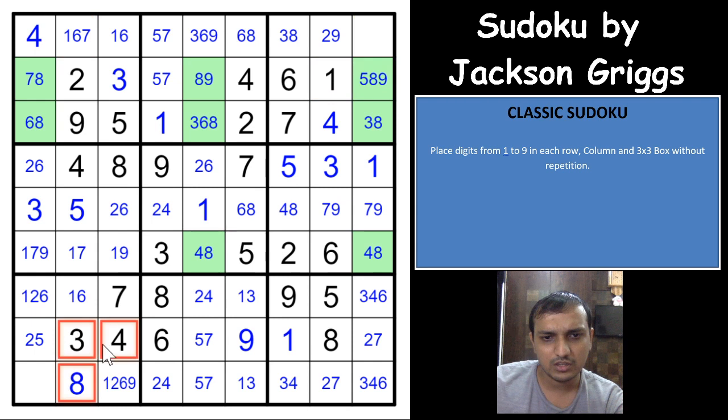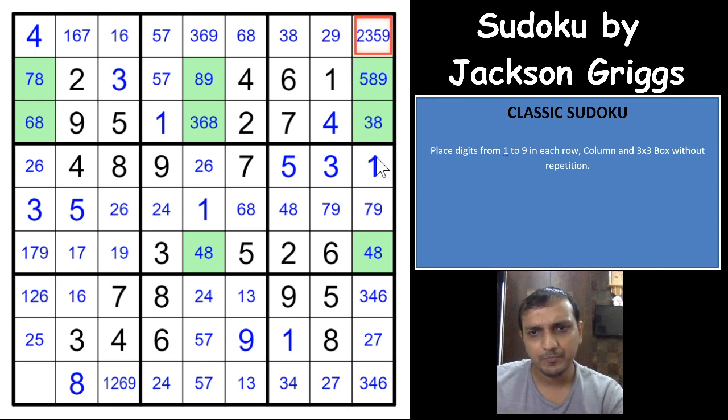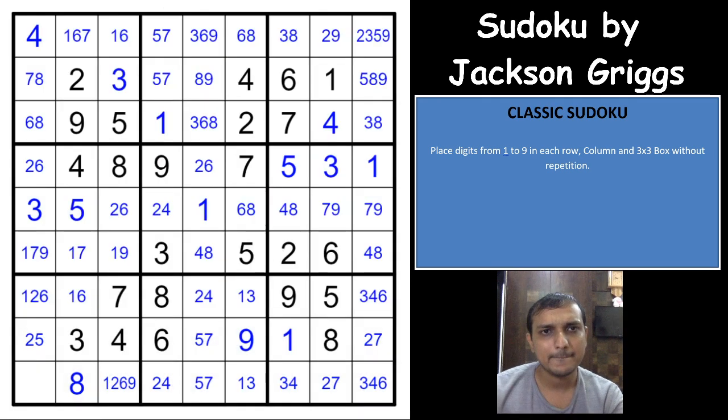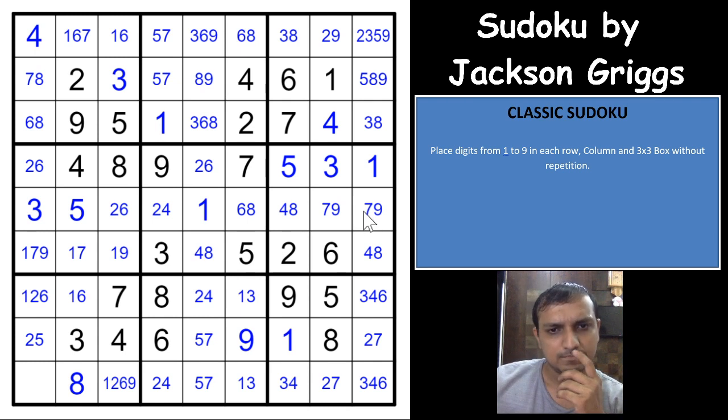Maybe all the possibilities here, not here maybe, but here. So 8 is not possible. 2, 3, 5 and 9. Let me write that, 2, 3, 5 and 9. And let me take out the pencil marks of 8. Okay. So anything else now? I have a 2, 6 pair here. I don't think I'm getting anything in the 2, 6.